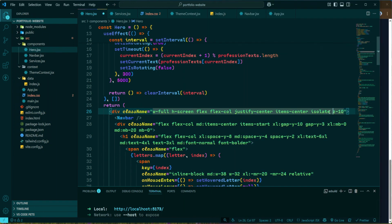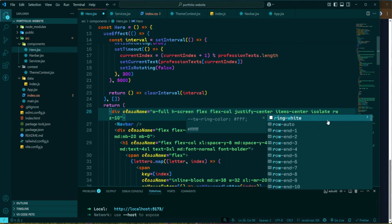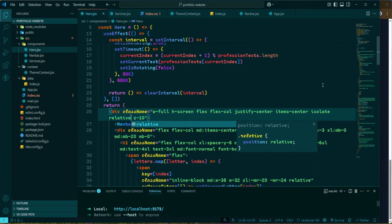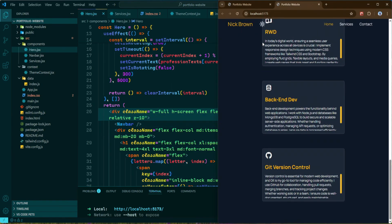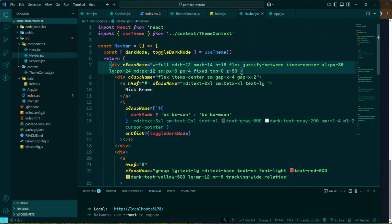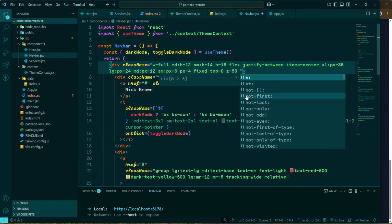Actually, we need here position relative. Otherwise, the z-index property won't work. Let's go back to the browser. So now the problem is fixed. The only thing we need is to define the background for the navbar. We forgot that. So I'm going to add here